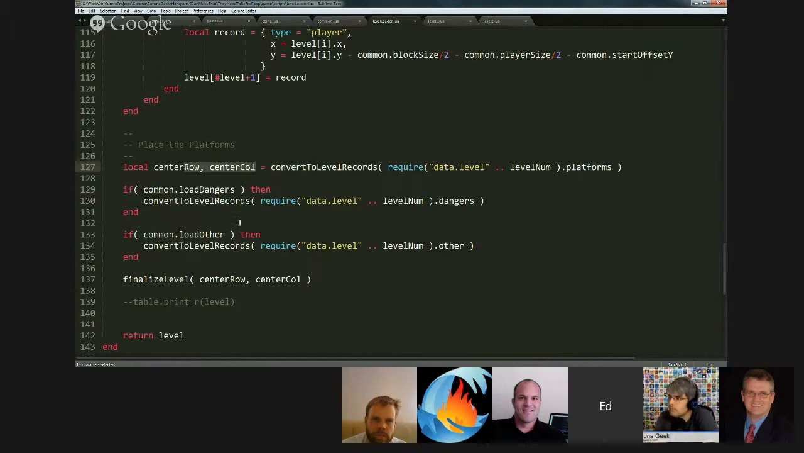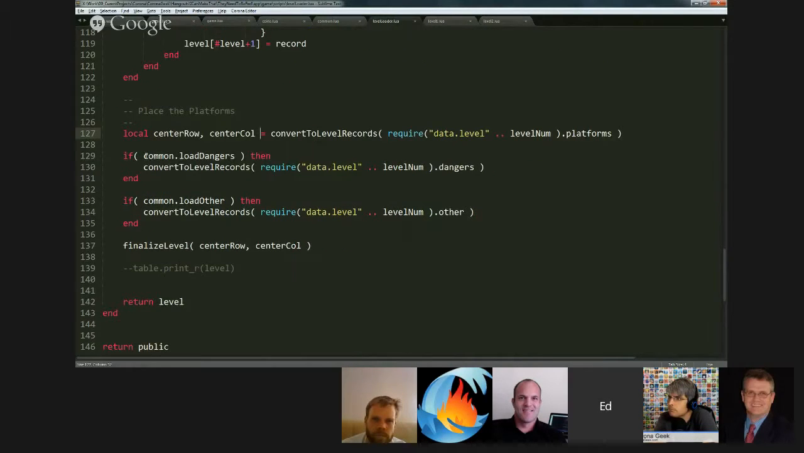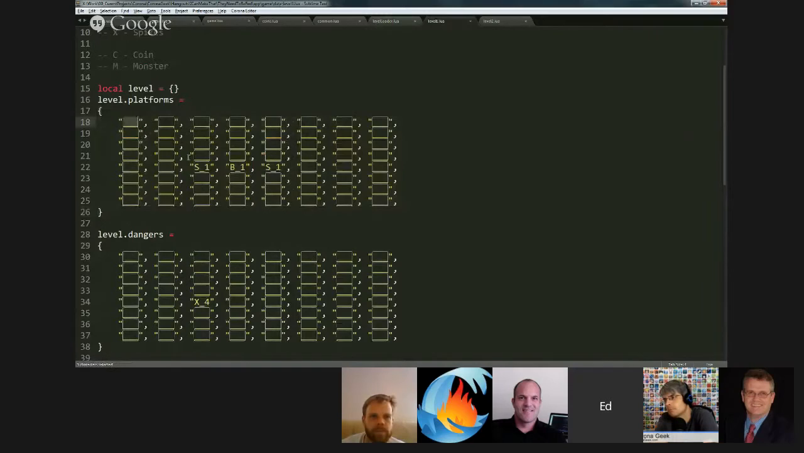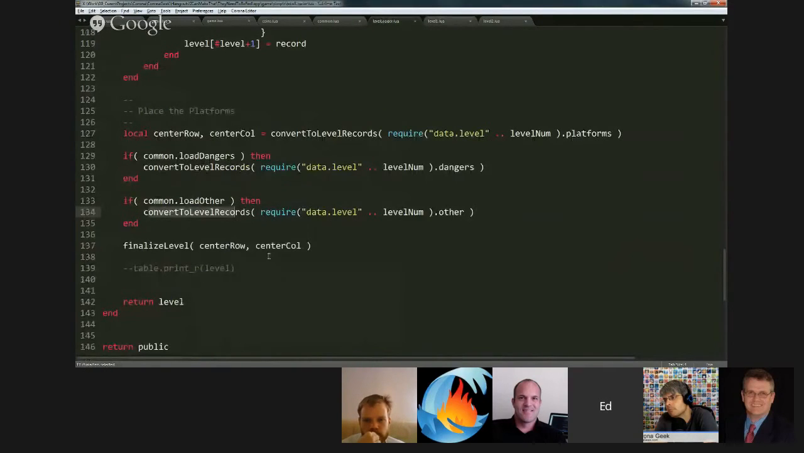Then, as you noted, we have the load dangers flag and the load other flag. And these two statements are exactly the same. Basically what they do is they convert those records into useful information. They basically extract the dangers table or the other table, and then they process them. So let's take a look in a moment at how this works. The only other step here is after we've converted these sort of not interesting, just three markers into useful data, then we have to take that converted data and actually build our level, or